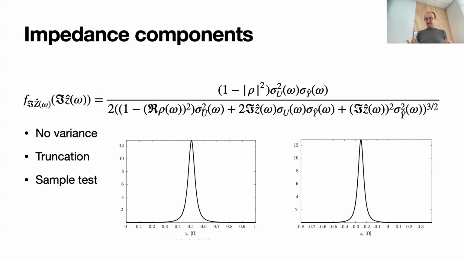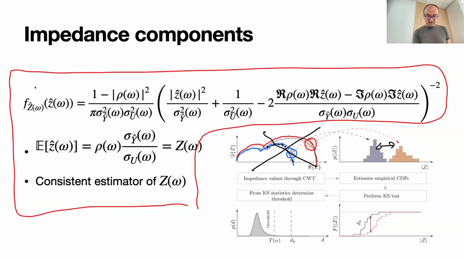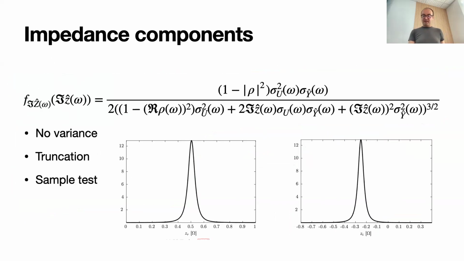One can say, firstly, okay, fine, I can check the variance of the distribution. Well, there is one major problem here. If we take this distribution, which is complex, and check how its real and imaginary components look like by simple integration, luckily, this can be done in a symbolic way. We are getting this relation here. Again, it's a huge one. Don't worry about it. This is the most important part. It says